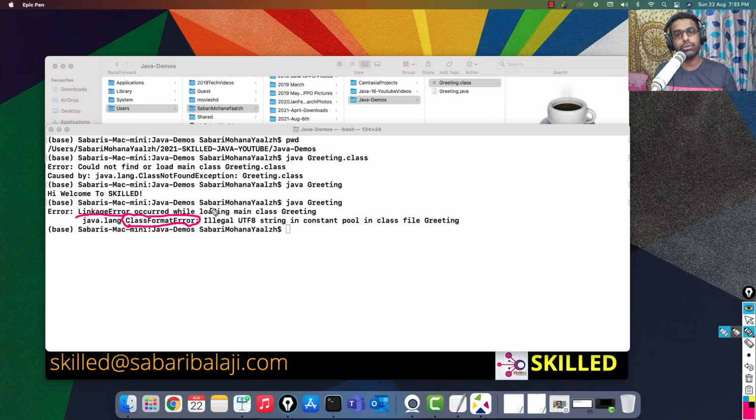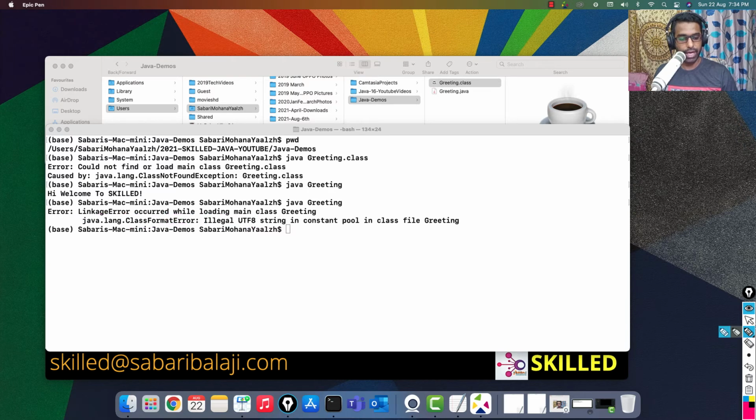If someone, in the sense of a human, is trying to interpret that bytecode, sure, your JRE is not going to permit it, because you have a strong element called the bytecode verifier, which protects the broken dot class from entering into the JVM, right? So the class format error says: string in constant pool in class file greeting. It says it's illegal. The format we have there is an illegal format, and it's been modified completely. So obviously it says that this file is not a correctly formatted file.